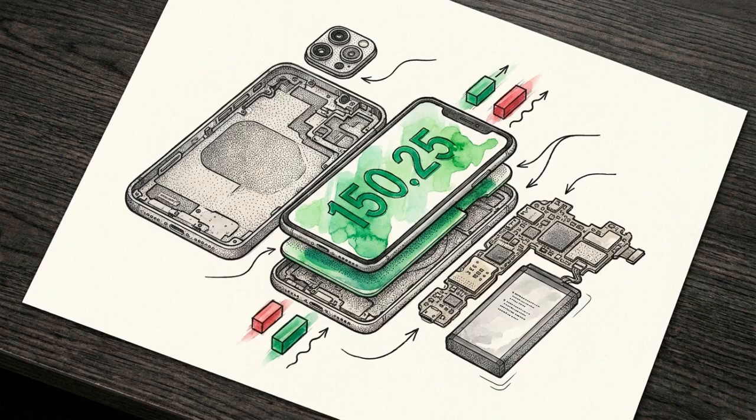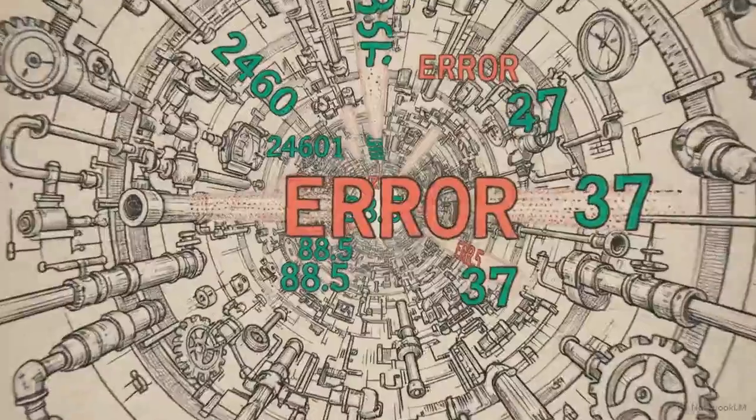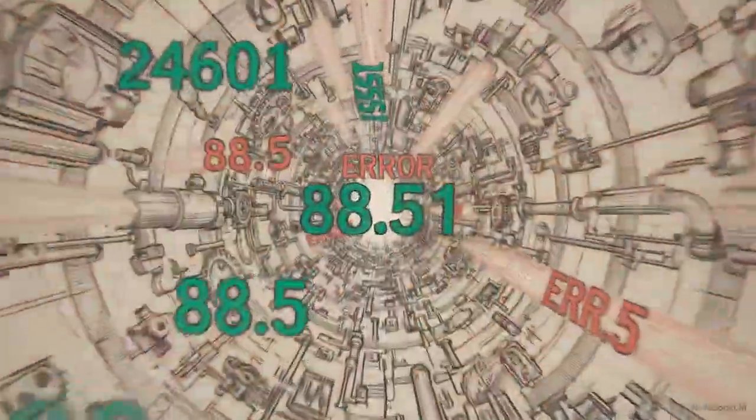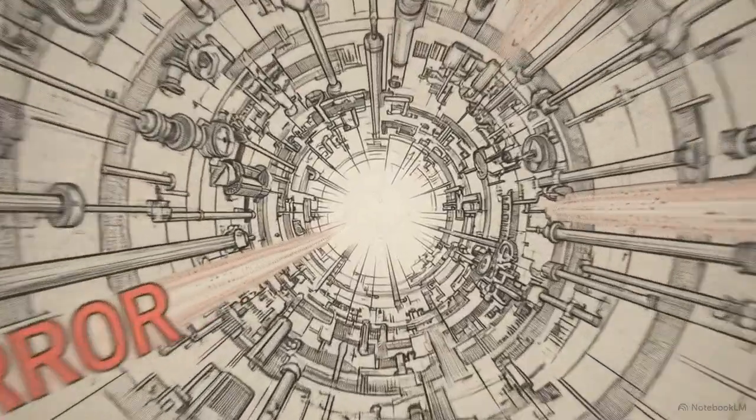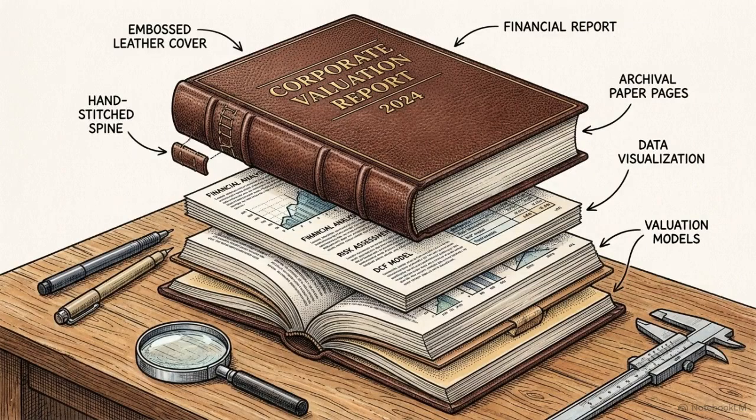When you look at a stock ticker, you see a single, stable number. But look just beneath the glass of that screen, and you will find a chaotic, high-speed collision of data points. We tend to perceive stock prices as absolute, static values. In reality, investors are participating in a system where no central authority exists to stamp a definitive price tag onto